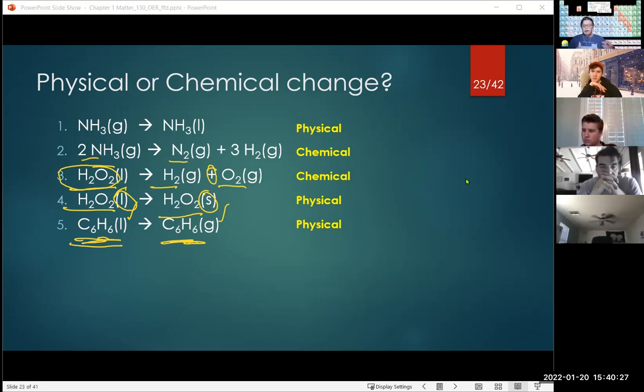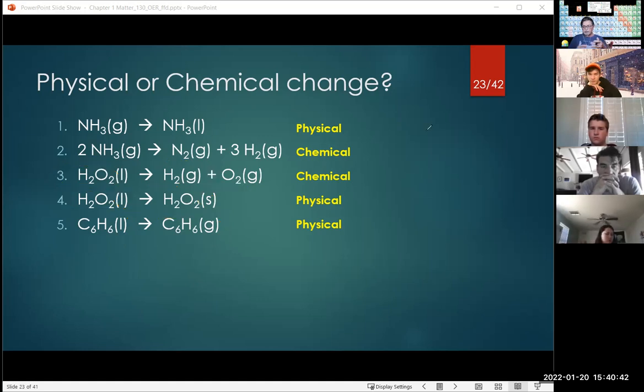Okay. So the takeaway from these reactions, yes, you're not familiar with what they are structurally so far right now. That's okay. But you can look at the products that you have and the reactants and just analyze how they're put together. And from that information, be able to discern whether it's a physical change or a chemical change. Again, a good rule of thumb: if you have a plus symbol on the product side, more than likely a chemical change has occurred. Okay, as in the case of number 2 and number 3.